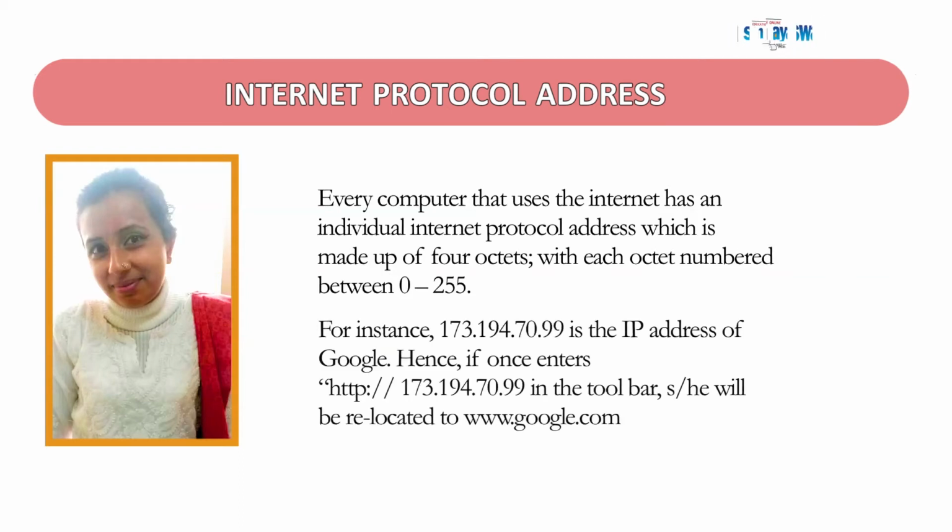For instance, 173.194.70.99 is the IP address of Google. Hence, if one enters http://173.194.70.99 in the toolbar, he or she will be relocated to